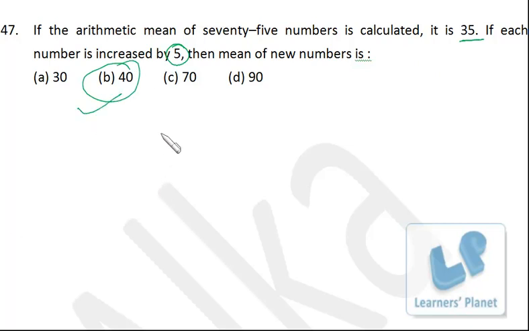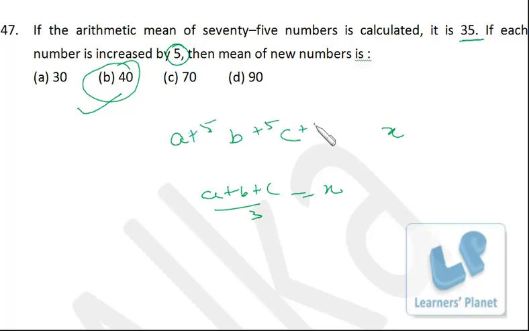That is a very basic property of arithmetic mean. You can take a simple example. Suppose A, B and C, three numbers are there, so their mean is, suppose, x. That means A plus B plus C by 3 is equal to x, right? Now if you add a constant term, maybe 5 over here, the new mean will be A plus B plus C plus 15 by 3, right? Now A plus B plus C by 3 is what? x.